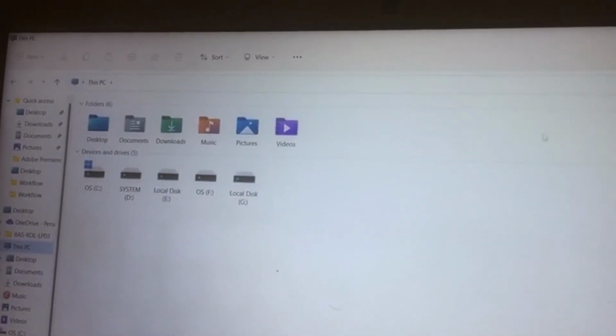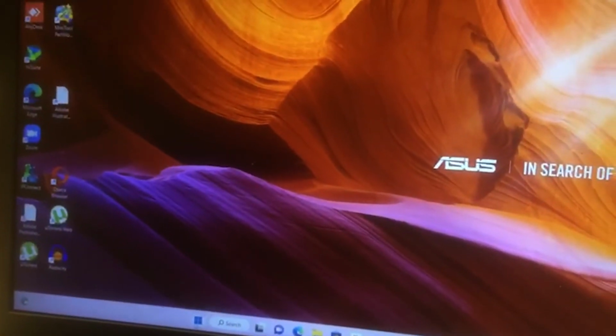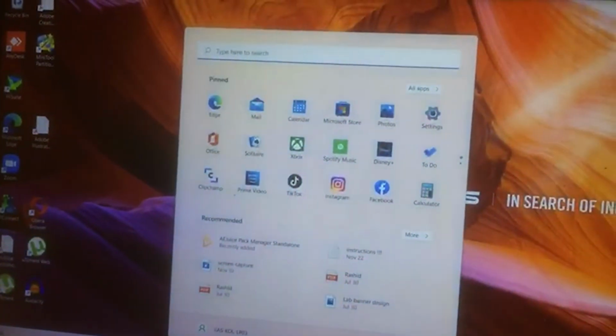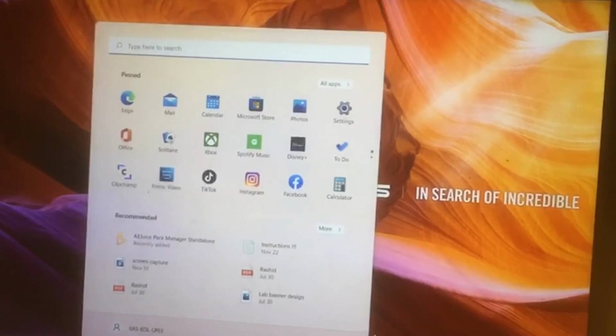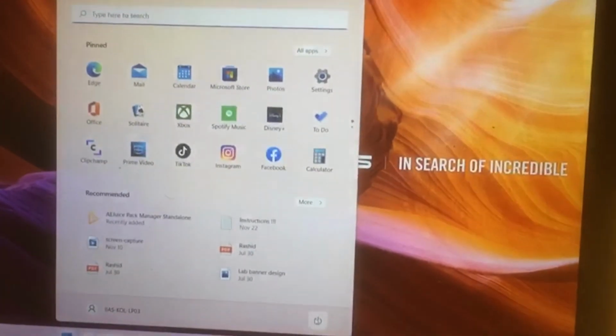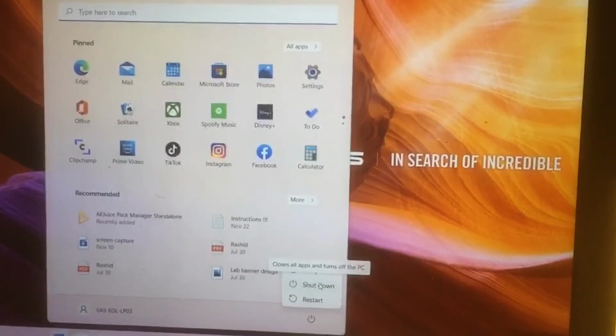So don't worry, we will restart the system, and first we need to take off the SSD, the one where we have moved the files. Okay, shut it down, and then